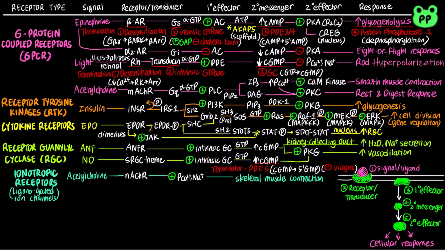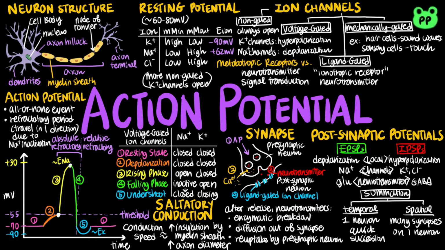In my previous video on action potential, I talked about how different neurotransmitters can bind and activate specific ionotropic receptors, causing either local depolarization or local hyperpolarization, known as excitatory postsynaptic potentials, or EPSPs, and inhibitory postsynaptic potentials, or IPSPs, respectively. The combination of EPSPs and IPSPs ultimately determines whether the membrane potential will reach the threshold for action potential